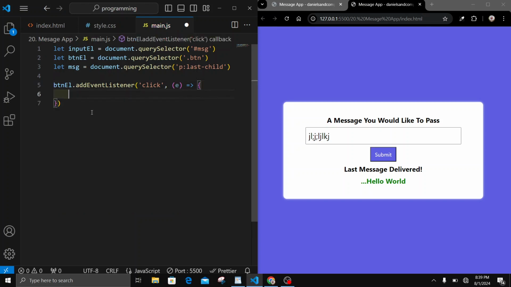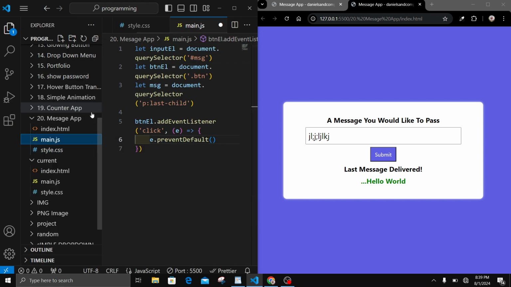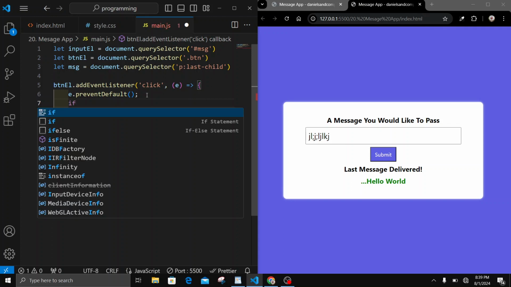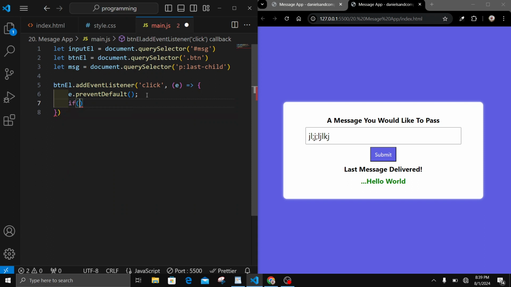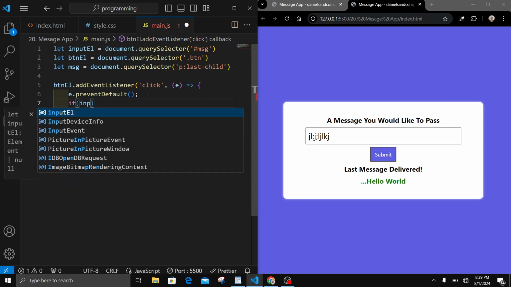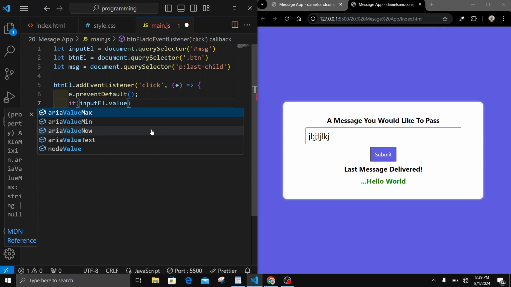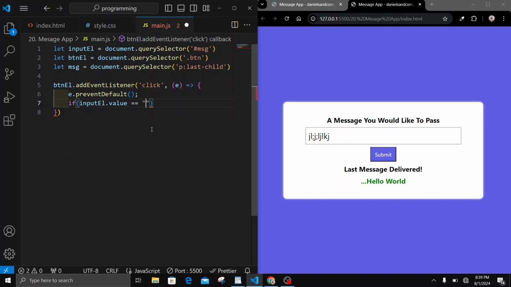For this, I'll first do e.preventDefault, and then I'll do if my input, so this input is the input element, if my input.value is not equal to an empty string,